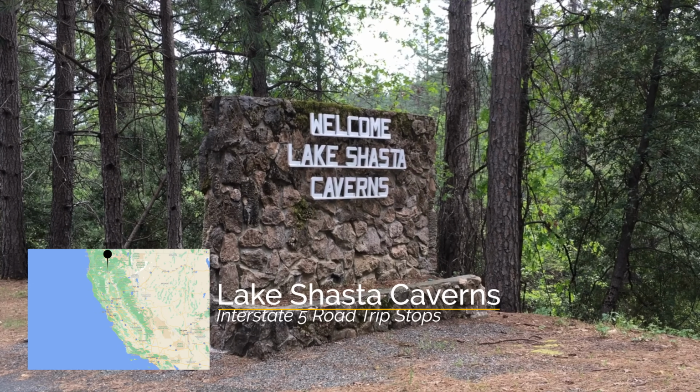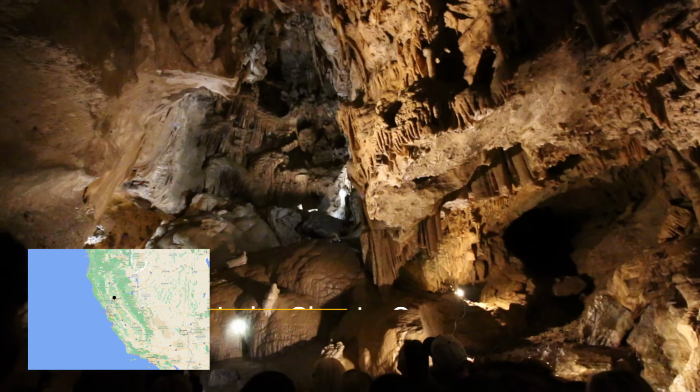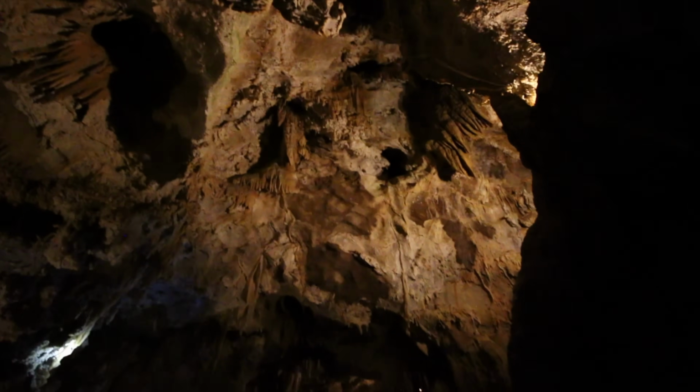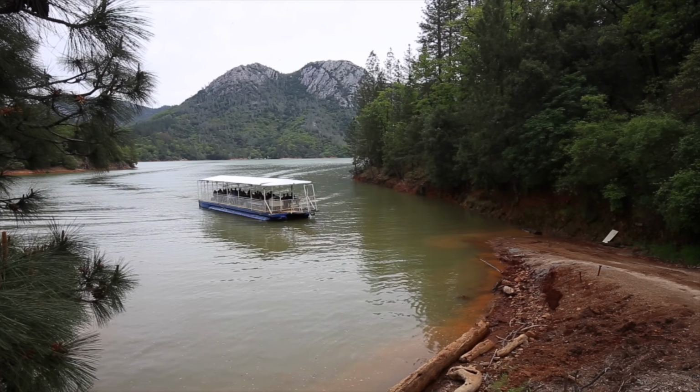Heading on, my next recommendation is the Shasta Caverns. As you continue north on the I-5, keep your eyes peeled for Shasta Caverns. If you have the time, this is an amazing place to visit and a fun tour to go on. The caverns are located on the other side of the lake, so you have to take a boat over to it,